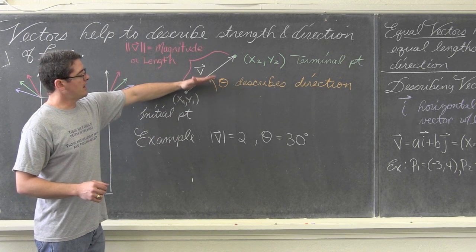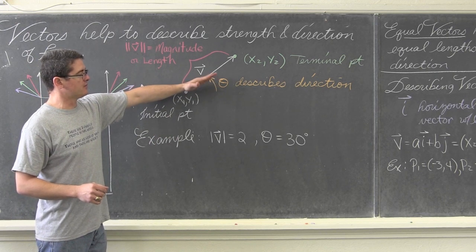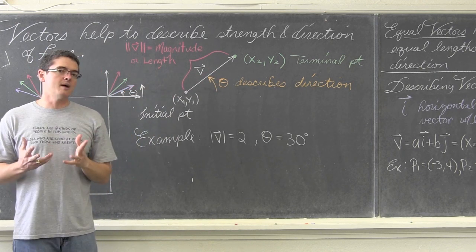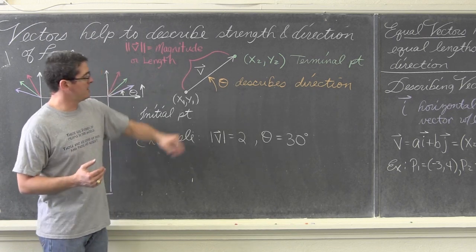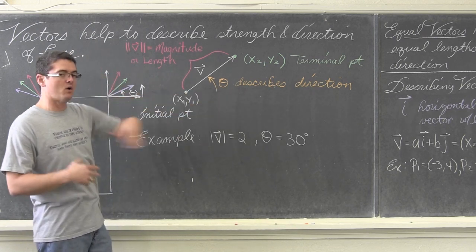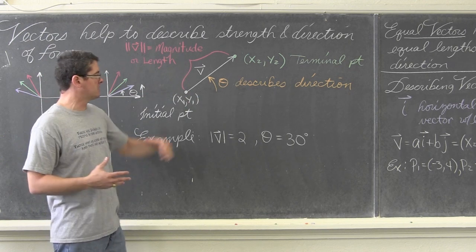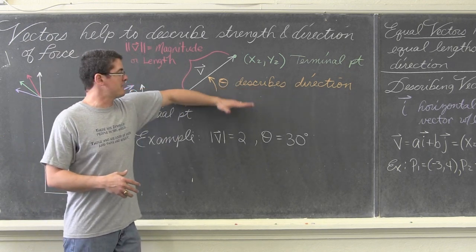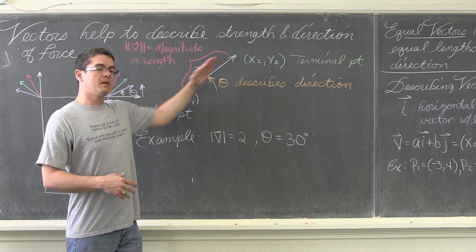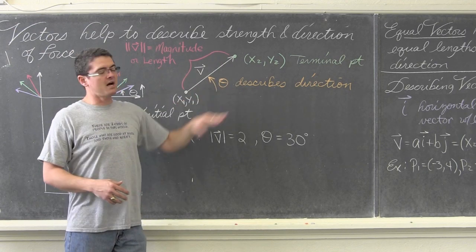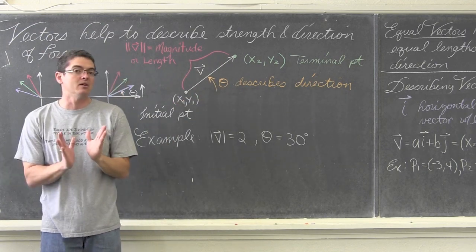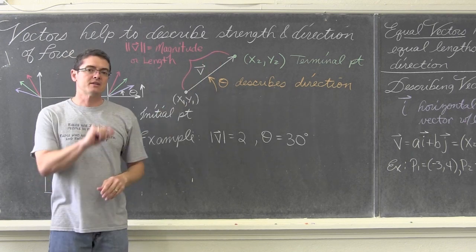You're going to have an angle of rotation which describes the direction of the vector, and I'm not drawing an initial side. If you've been watching all my videos or if you've been studying trig recently, you know that when we draw angles, we have an initial side and a terminal side. I don't want to draw the initial side because I don't want you to think I'm drawing an angle. I'm drawing a vector.